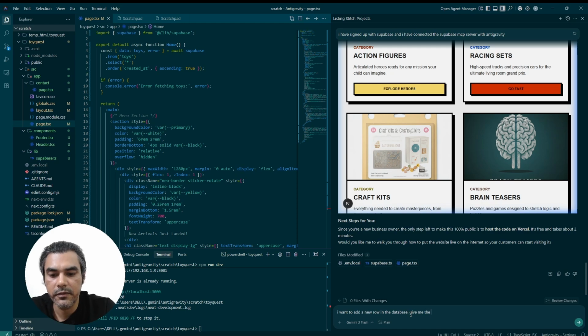Give me the full SQL command, and currently the image is not stored in the database. I want to store the images from now on in Supabase itself instead of